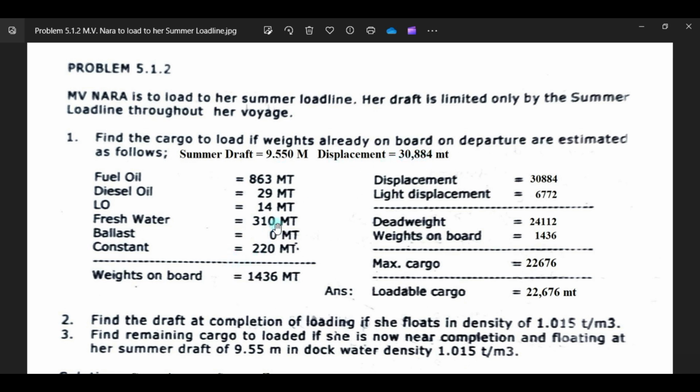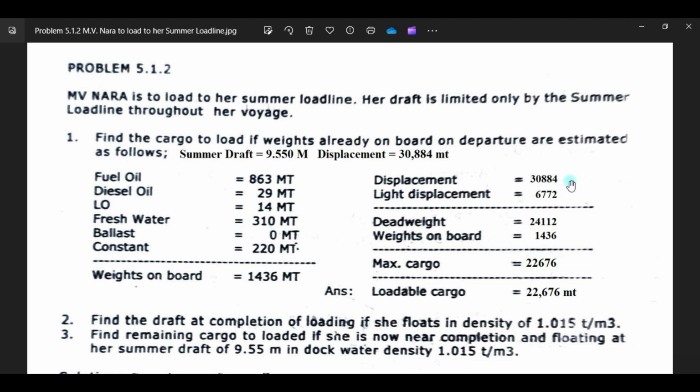Okay, so you have now your weights on board. So you will have to compute for your maximum cargo to load. So with this summer displacement of 30844, you put it here, and your light displacement or light ship is 6772.